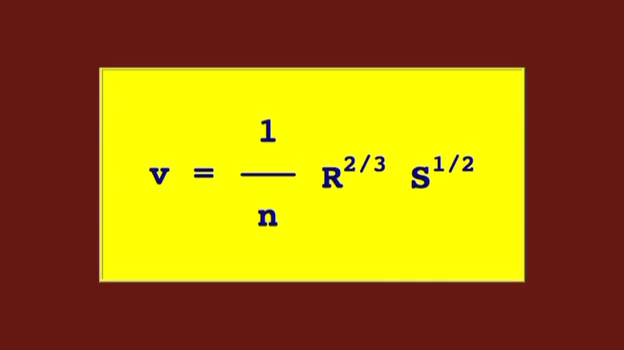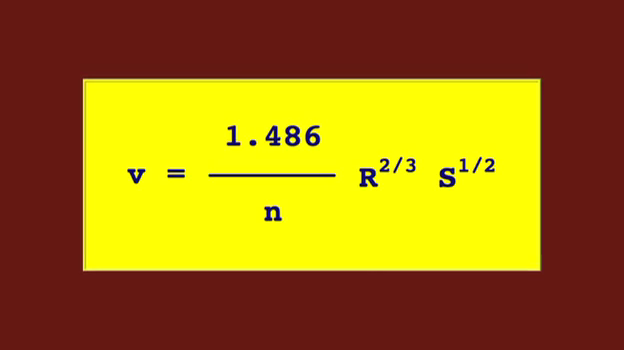The Manning formula is where N is the Manning's N, or Manning's friction coefficient. This formula is in SI units. In US customary units, the constant 1.486 is equal to